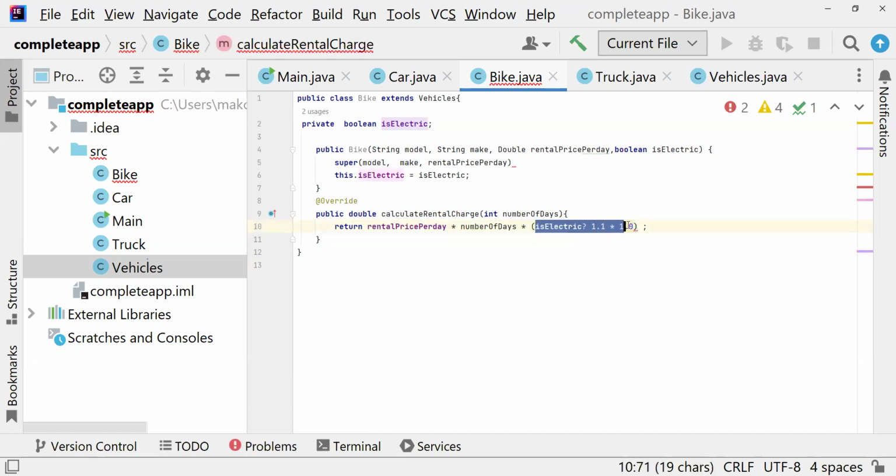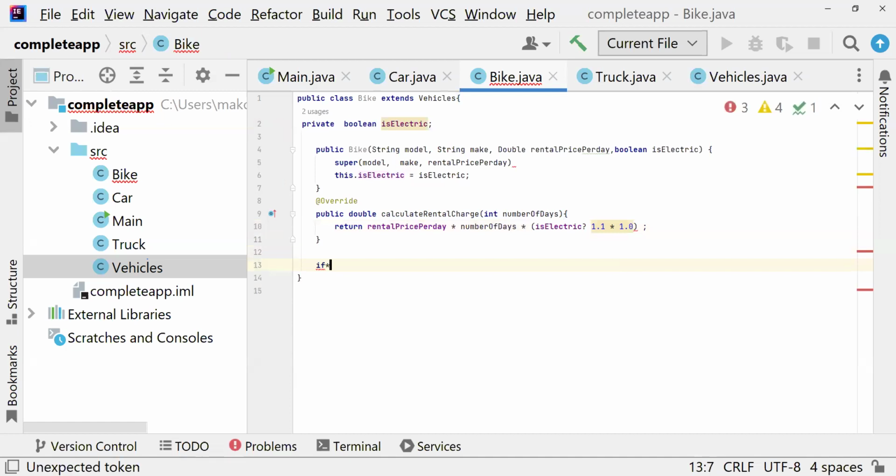Now, this here is a unary operator. It is the same as me saying if, in brackets, is electric,